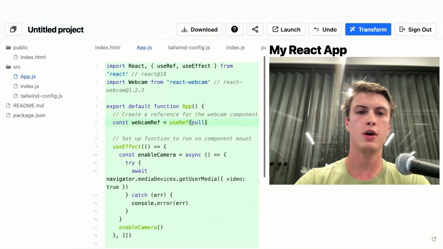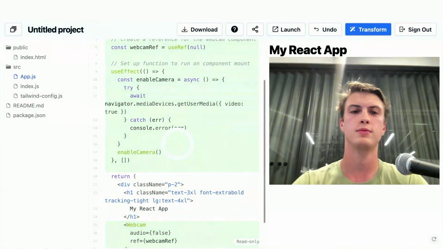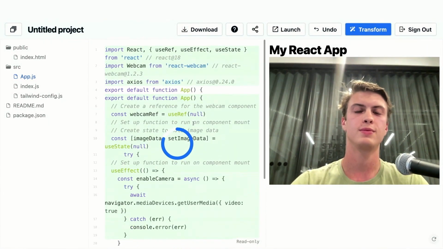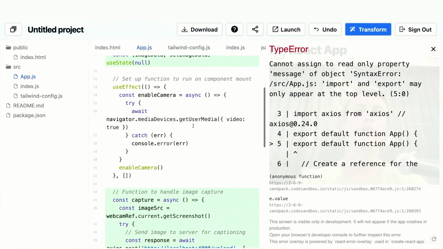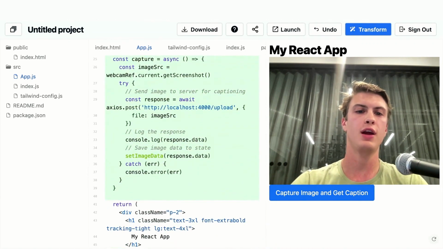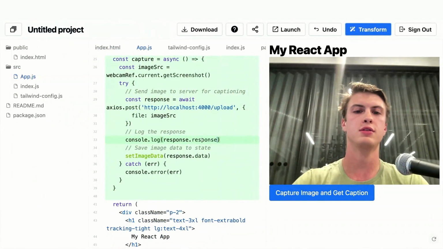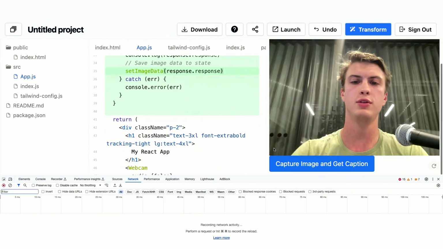So let's say when I click add a button, when clicked, gets image caption like this. I've tried this a few times, but it doesn't always get it right the first time. So here, and then once again, we need to manually put in this, and let's try it. So I clicked capture image and get caption,